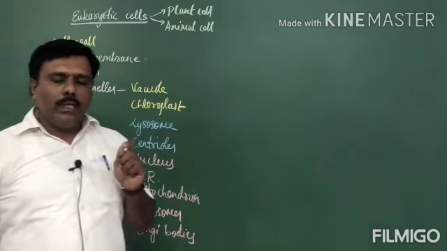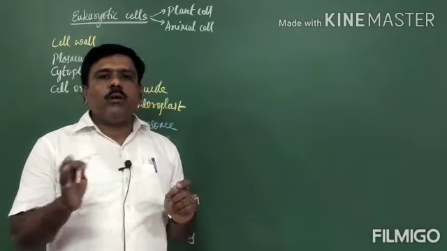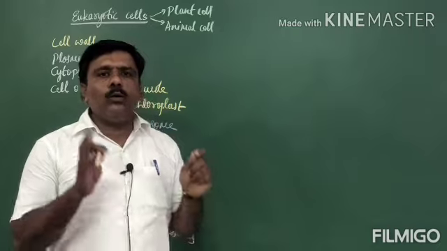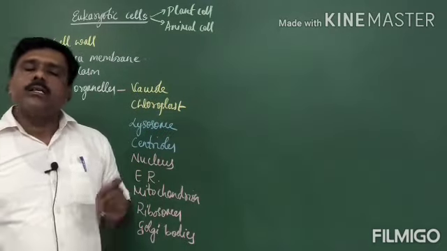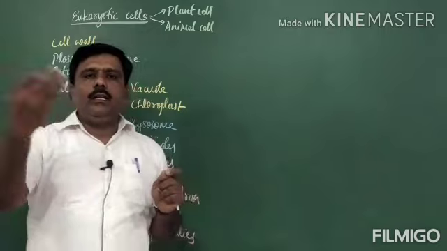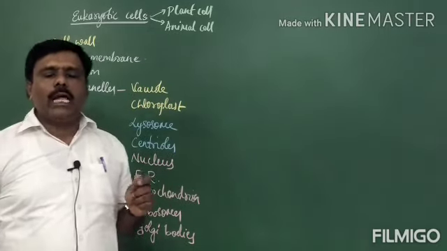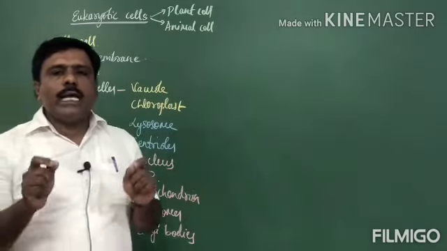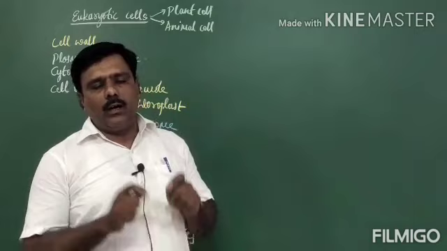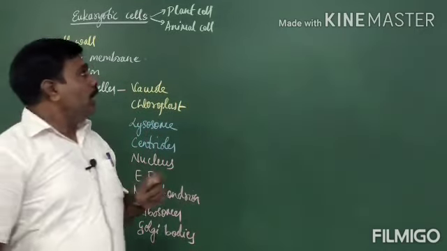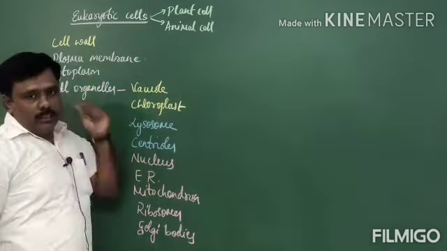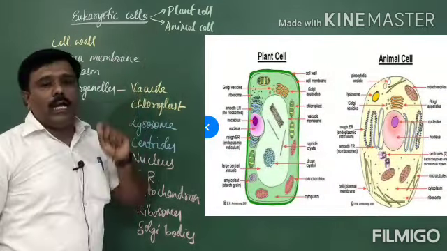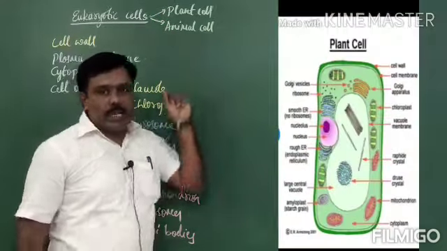That means, in order to perform different functions, the cells have their own cell organelles. We will discuss this in subsequent classes, when we study in detail the eukaryotic cell components and also their functions. Here we have these eukaryotic cells. The best examples are the plant cell as well as the animal cell.